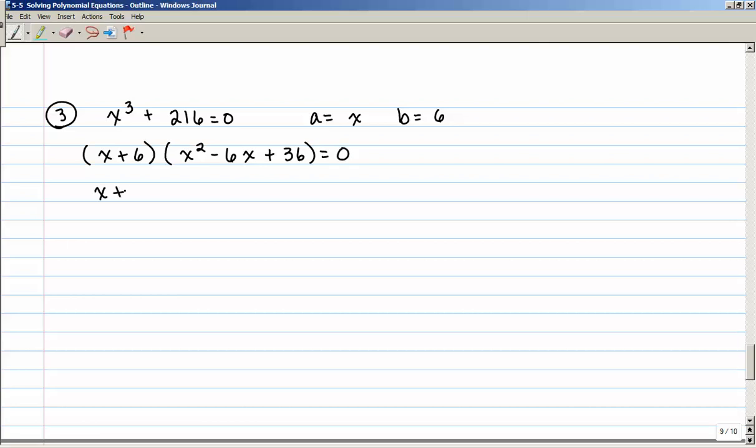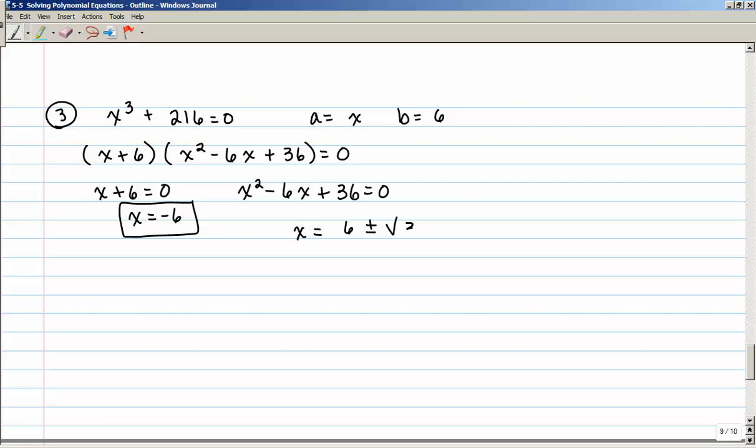So that means x plus 6 equals 0, or x equals a negative 6. There's one of my solutions. And x squared minus 6x plus 36 equals 0. That can't be factored, so I need to use the quadratic formula. So x is equal to negative b plus or minus the square root of b squared minus 4 times a times c all over 2a. That simplifies into x equals 6 plus or minus the square root of negative 108